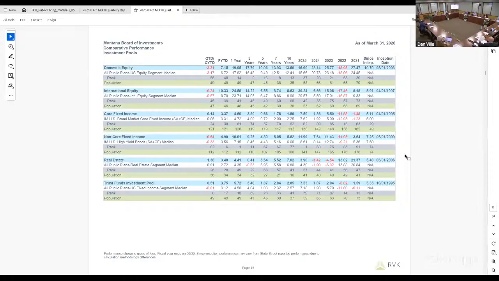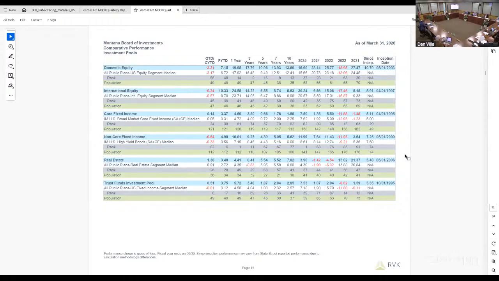Core fixed income, your portfolio is a little different than some public funds. And so here we've actually shown you a universe of fixed income accounts, not just public funds, because you have core that you manage internally. Then you have your non-core exposures. A lot of public funds put those together in one portfolio, and that's how the rank would be evaluated. Here, we actually show you compared to similar mandates, how you've ranked.